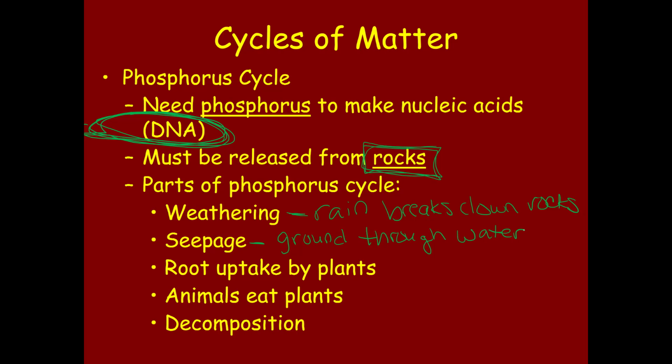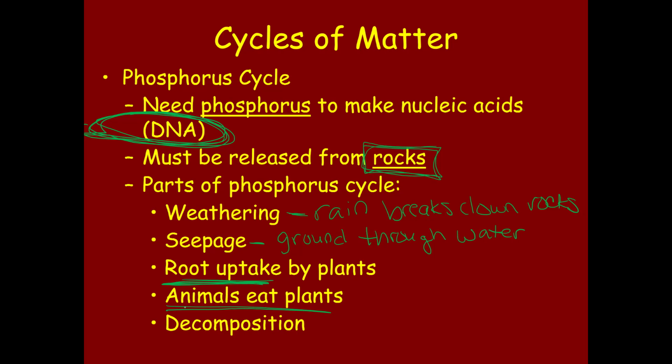The rocks release some phosphorus. The water gets absorbed through seepage into the ground, and that brings that phosphorus in. Once it's into the ground and into the soil, again, our plants' roots are able to take it up. And again, similar to the nitrogen cycle, we have animals that are going to eat those plants, or we